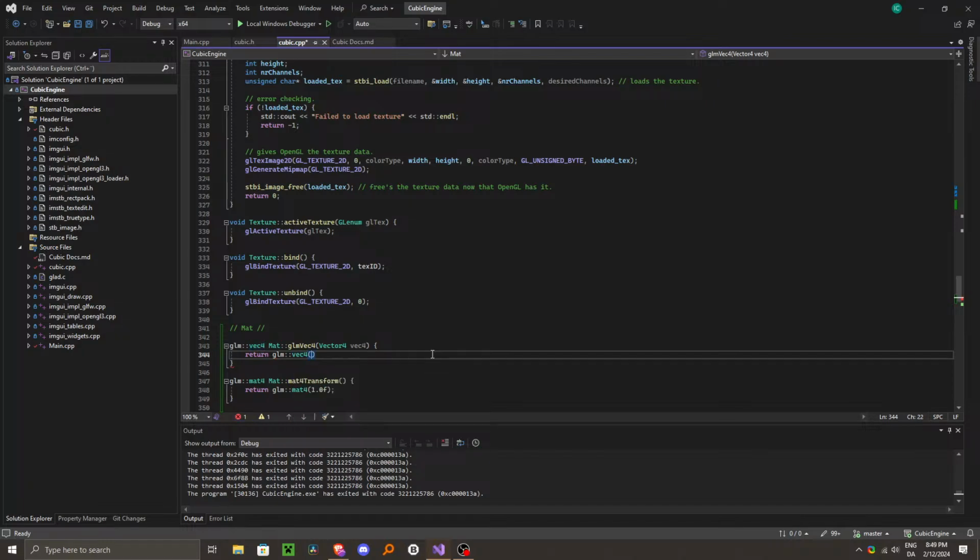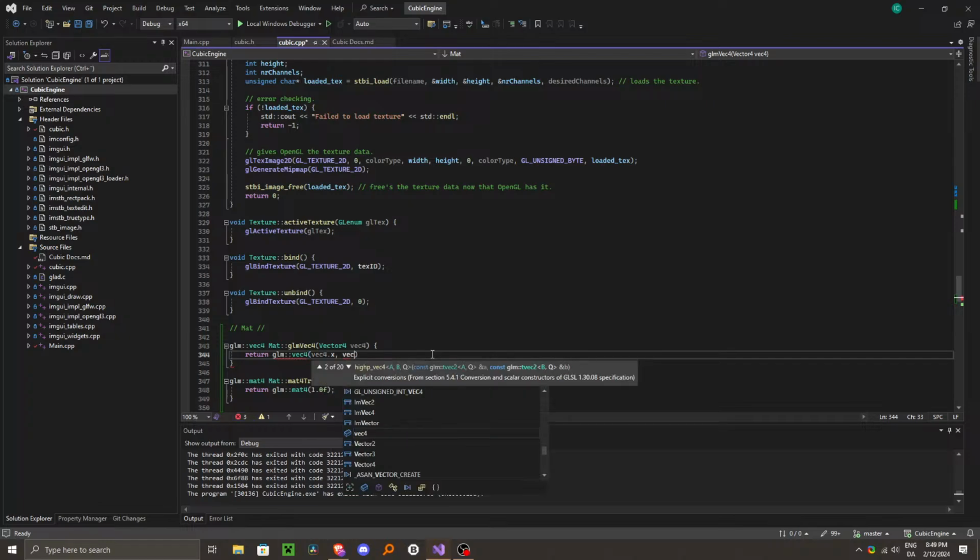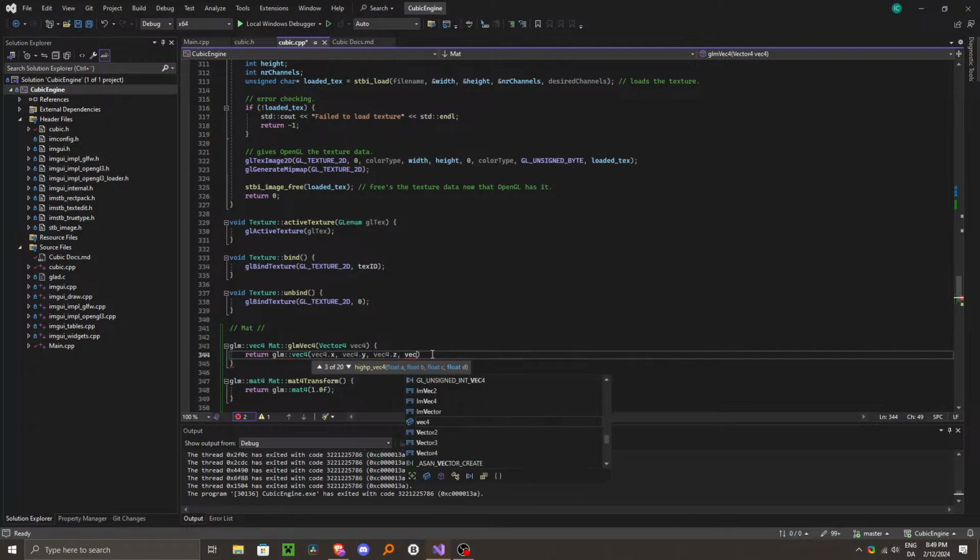Yeah, and then we'll pass through vec4 dot x, vec4 dot y, dot set, and vec4 dot a. So this will return a vec4,